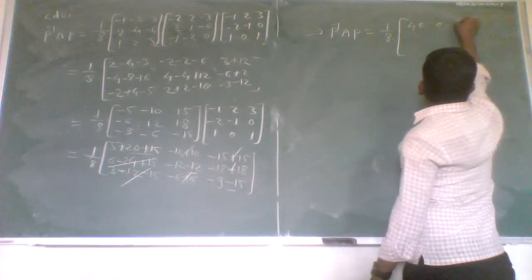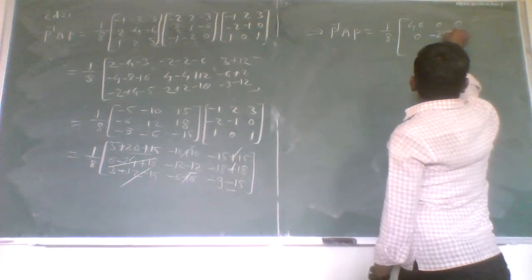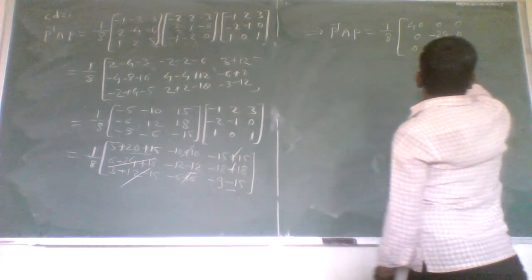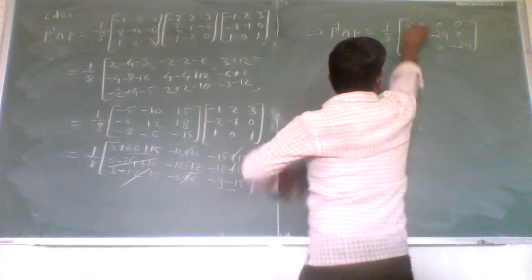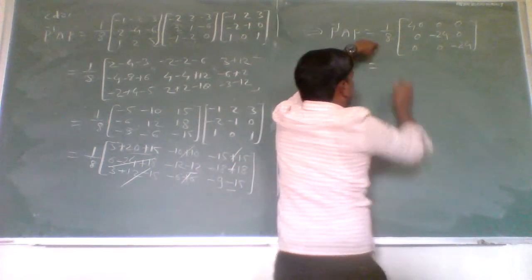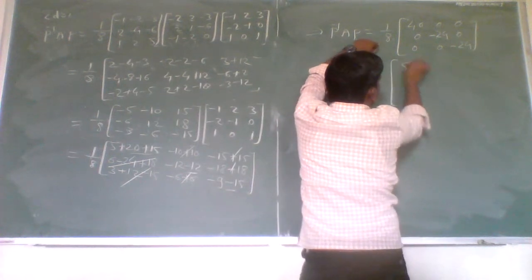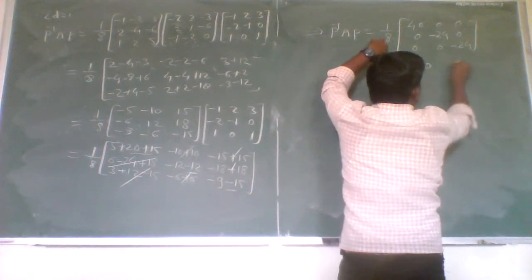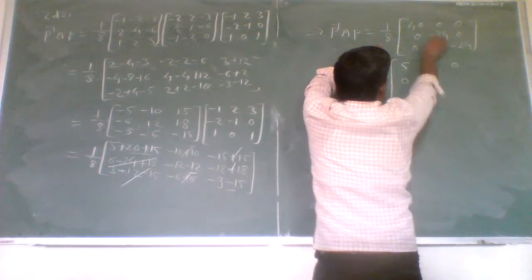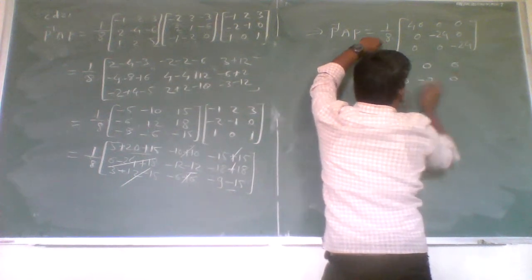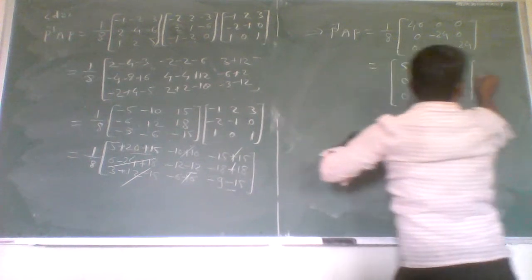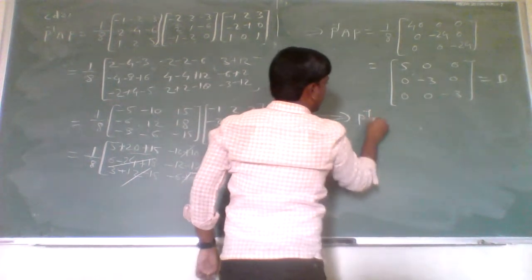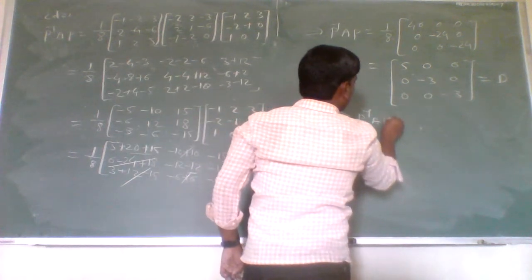40, 0, 0, 0, minus 24, 0, 0, 0, minus 24, now which is nothing but 40 divided by 8, which is 5, 0, 0, 0, minus 24 divided by 8 is minus 3, 0, 0, minus 3. So here P inverse AP is nothing but the diagonal matrix, which implies here we get P inverse AP is equal to